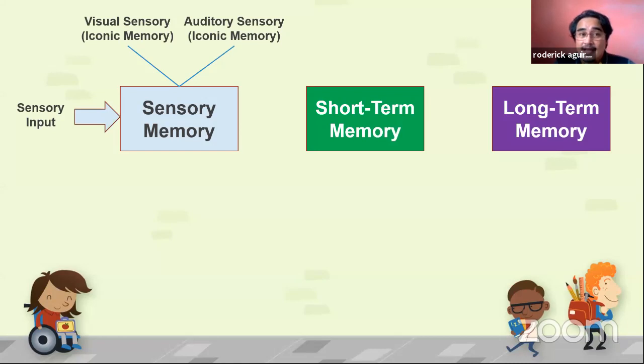So the visual sensory, also known as the iconic memory, would be via pictures, or what is now known as the viewing skills that we have. But in terms of retention, it only stays in our memory system for milliseconds, not even a second. It is milliseconds. All right. So it is very important that we show our students pictures. The simpler it is for them to retain, the better. If we provide them with pictures or visual aids that are so complicated with too many elements to process, then it defeats the purpose for them to focus on the icon. So give them